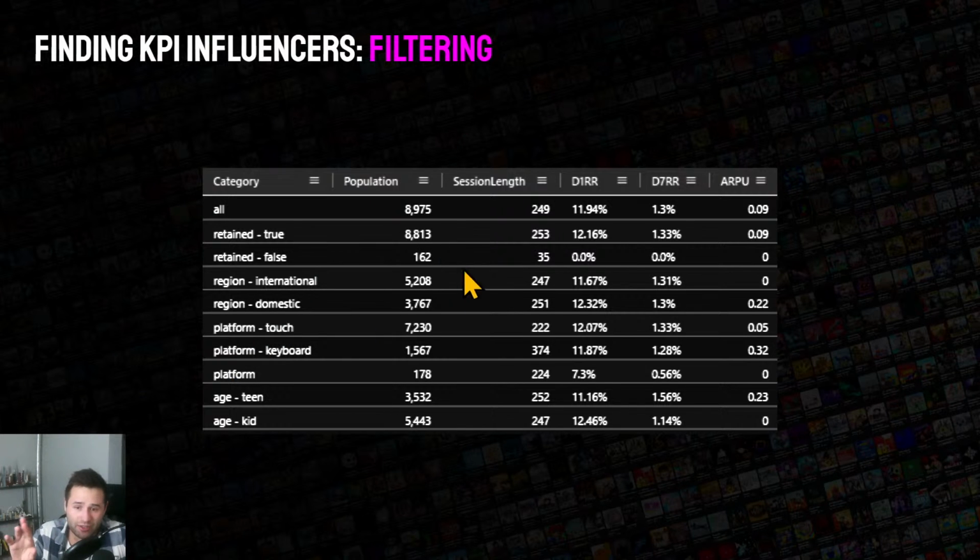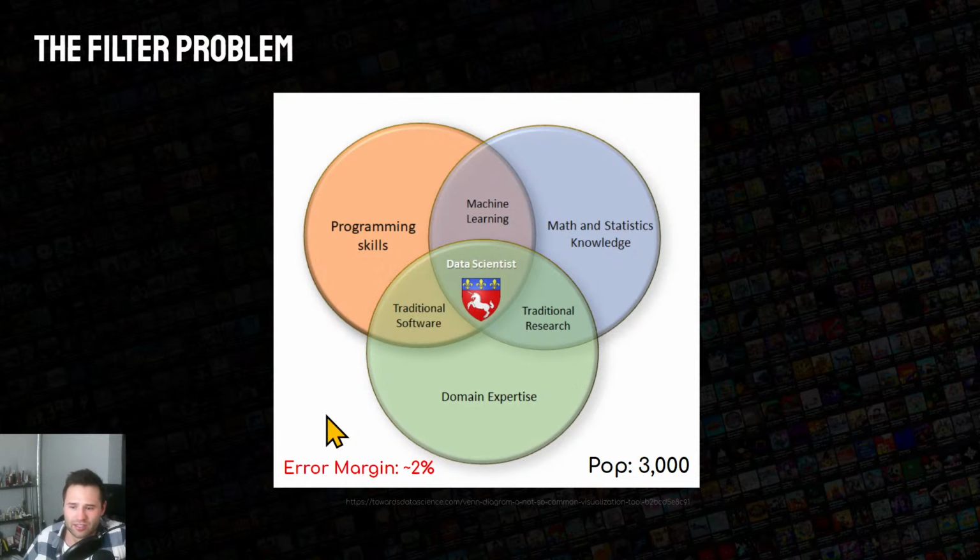Anyway, I'm not teaching you guys how to use this tool because it's messy. But if you look, keyboard versus touch is another example where only about a fifth of the audience is using keyboards, yet it seems to be the better audience. And you can see it here. Here's a random pie chart I got from a website linked here. But right here, with the population of 3,000, which you can get from a good $20, $30 in advertisement spending. Not if you don't currently have much money, but you have the time to make a game, you have the time to earn $20 to $30.